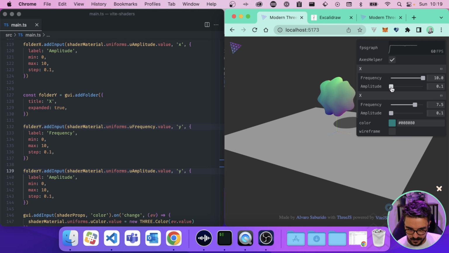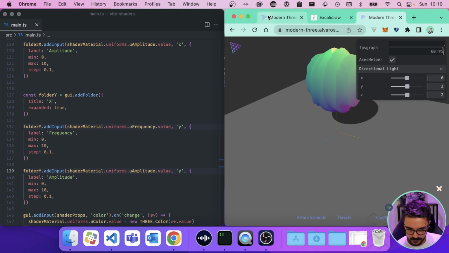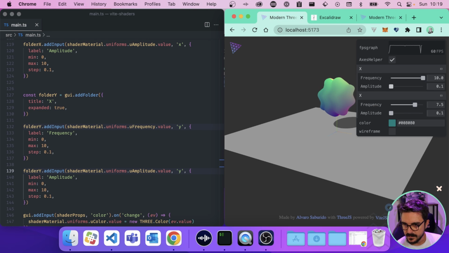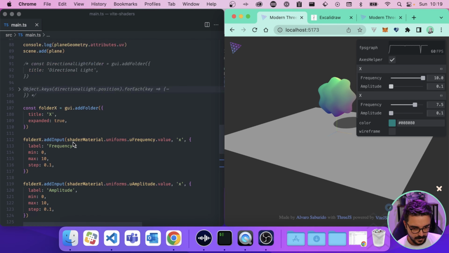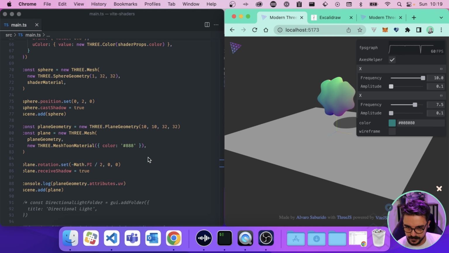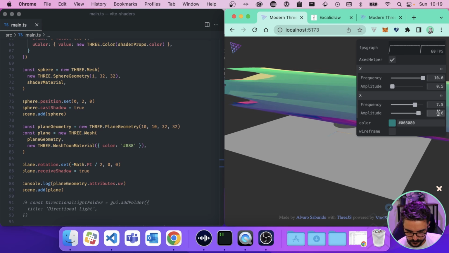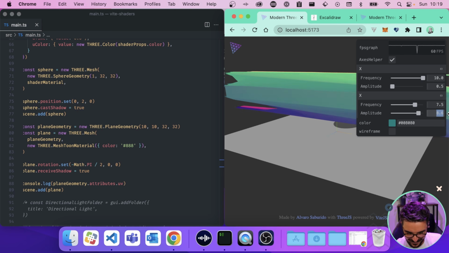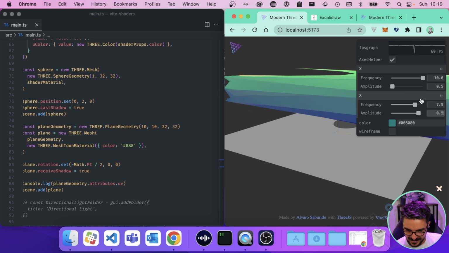You can play with it until you have the result that you want. In this case, let me check the variables that I used in the other experiment, so we can have a closer one. I think for the amplitude, I used a really low amplitude, like 0.5 and 0.5. Ooh, no, 0.5 is too much.